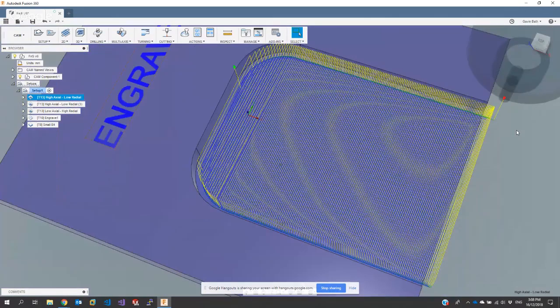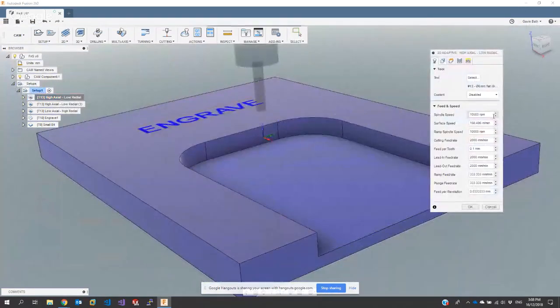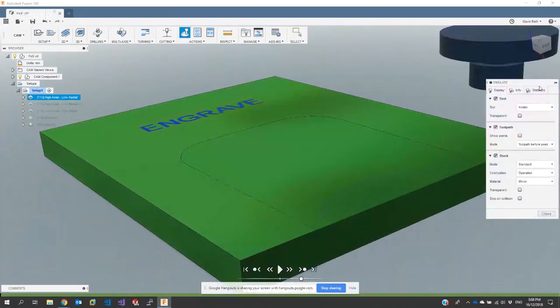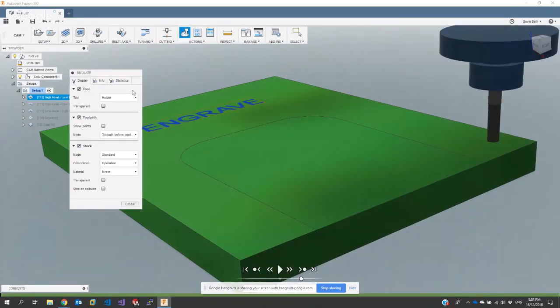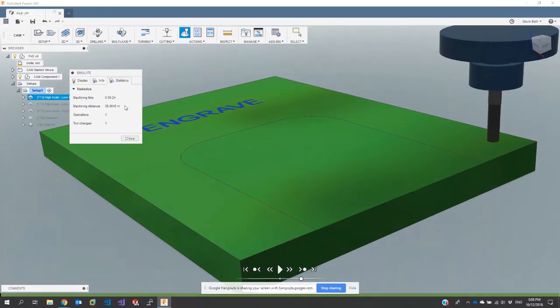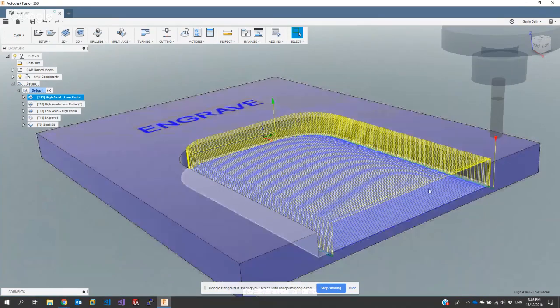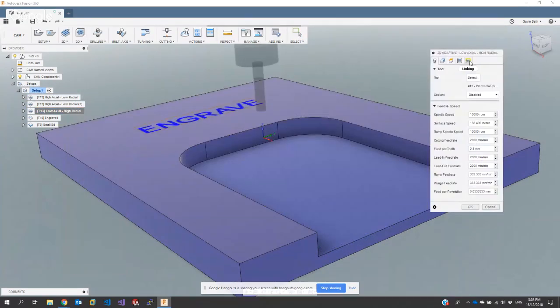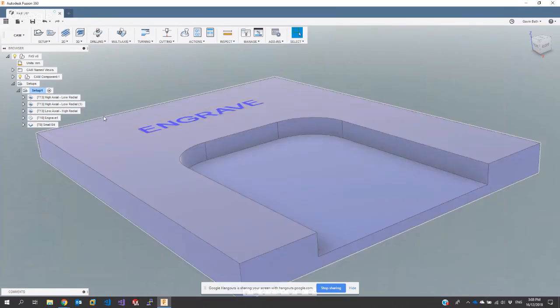So if you look at keeping the same feeds and speeds, I think 10,000 and 2,000. Yes, we've got the same spindle RPM and the same feed rate, same cutting tool between those two tool paths. If we do a simulation, and this is not to say that this would be the correct time on the machine, but just as a comparison, HSM's telling us that would be 9 minutes and 24 seconds to rough it using the high axial, low radial strategy. If we go low axial, high radial, same feeds and speeds, and simulate that,